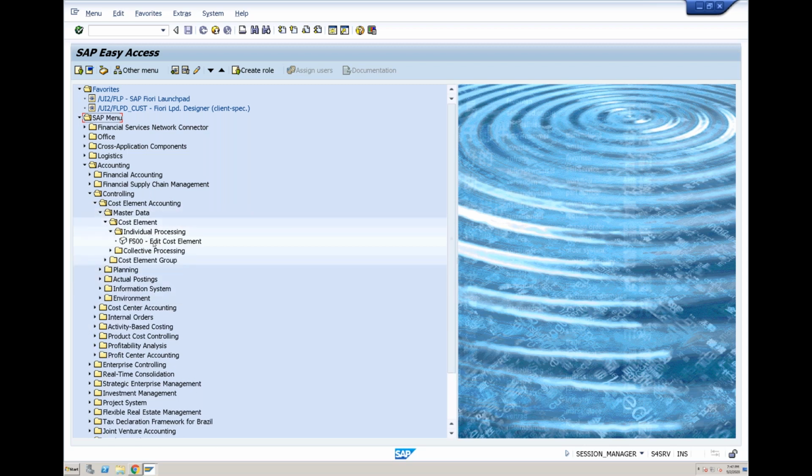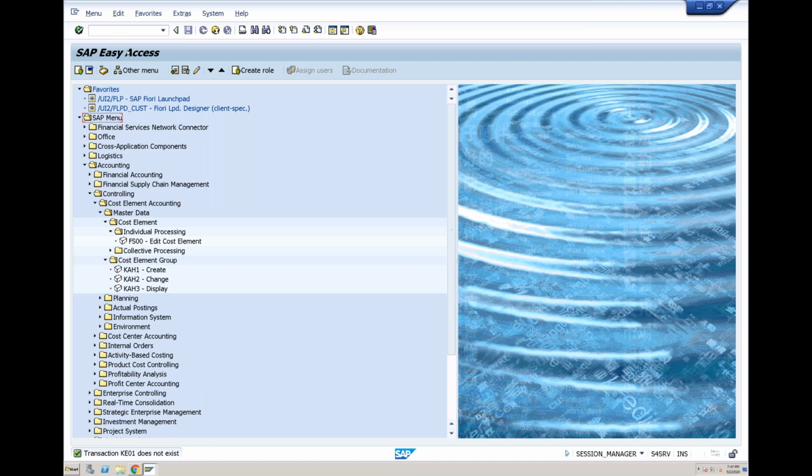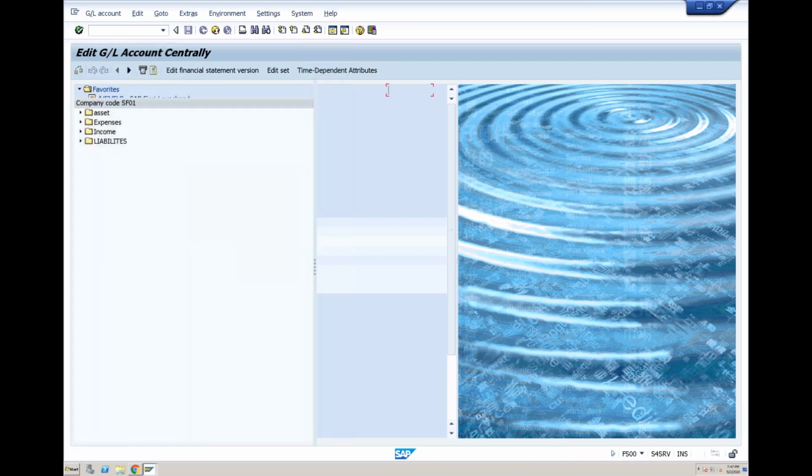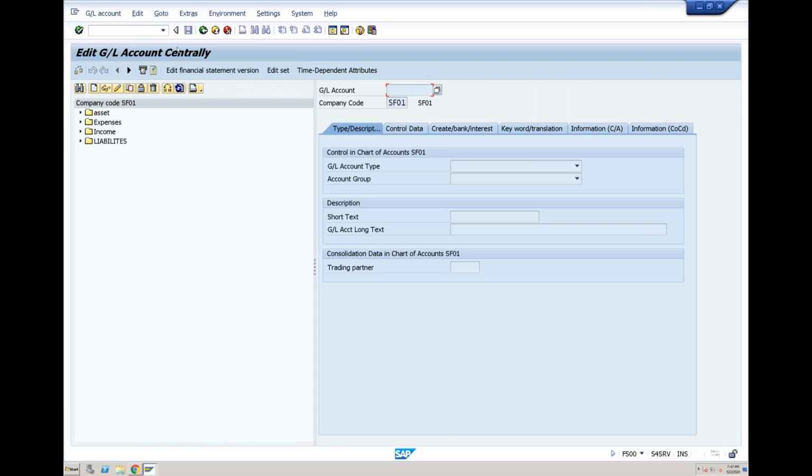Here there used to be another transaction code. Now it is showing FS00, but that used to be, I guess, KE01 if I'm not wrong, or KA01. Yeah, there used to be transaction KA01